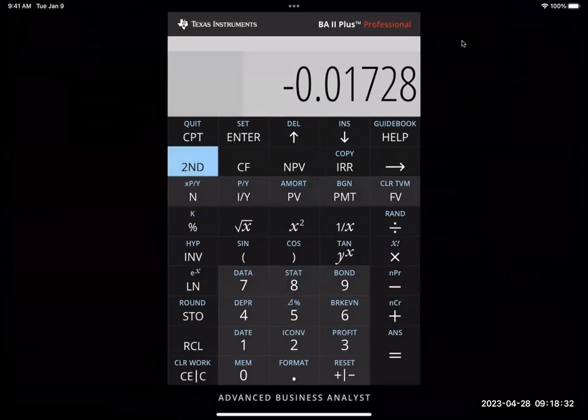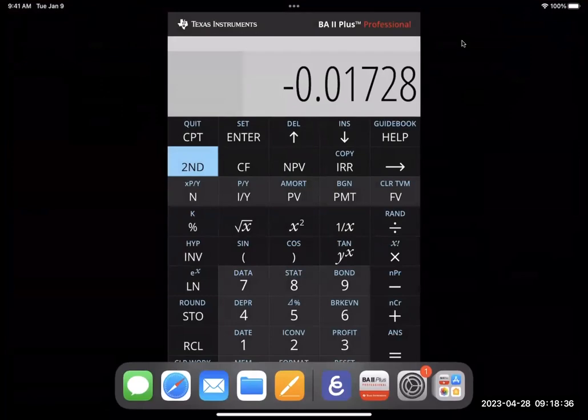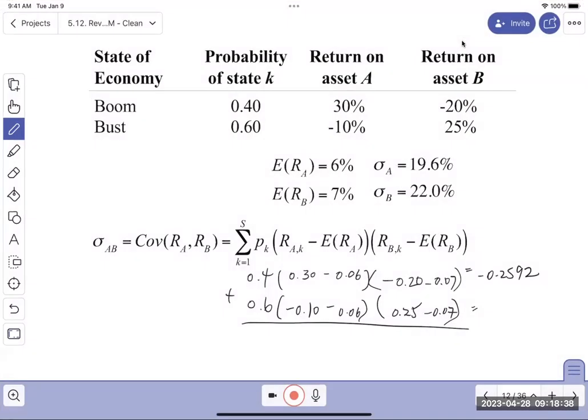So 0.01728. And when you add those together,